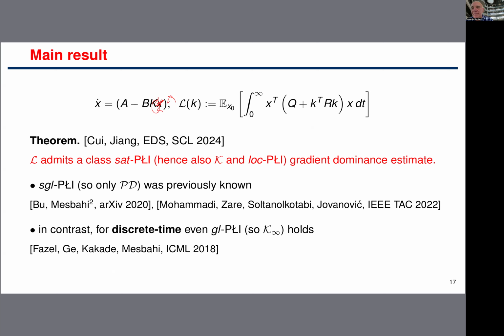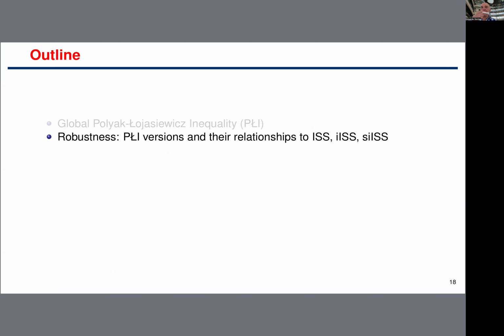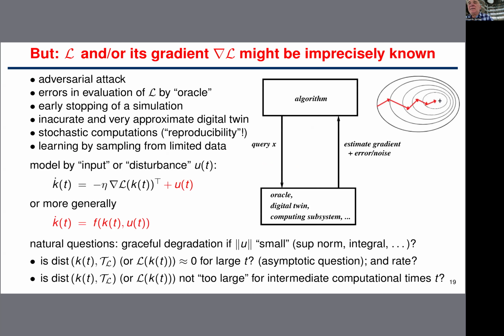There are a number of papers in the literature showing basically semi-global PLI, which would only give positive definiteness of the comparison function. Again, this will be clear in a couple of minutes why this is important in the context of things like ISS. Okay, so suppose that the gradient is imprecisely known due to, basically, we have an algorithm that does